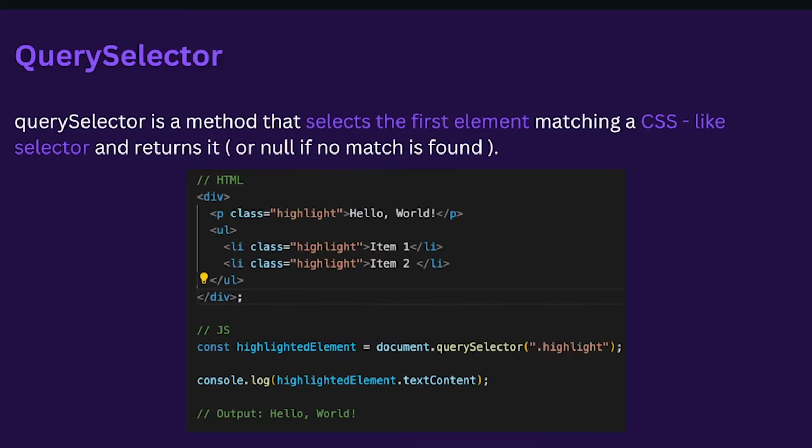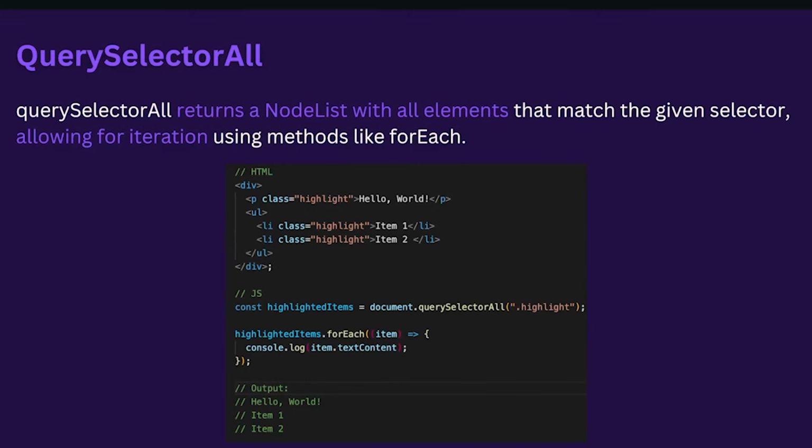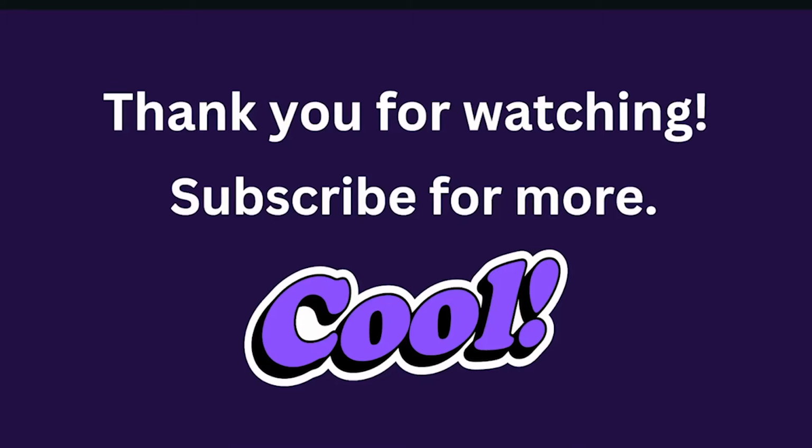querySelector is a method that selects the first element matching a CSS-like selector and returns it, or null if no match is found. querySelectorAll returns a node list with all elements that match the given selector, allowing for iteration using methods like forEach. And that was all about the DOM and how we can use JavaScript to interact with